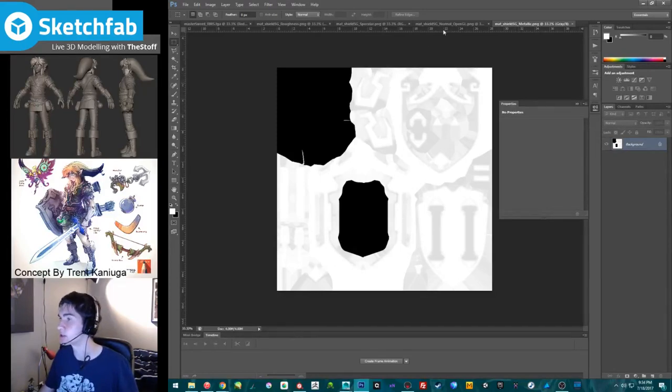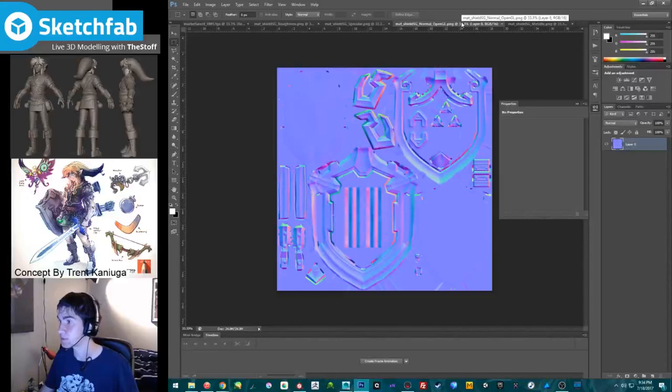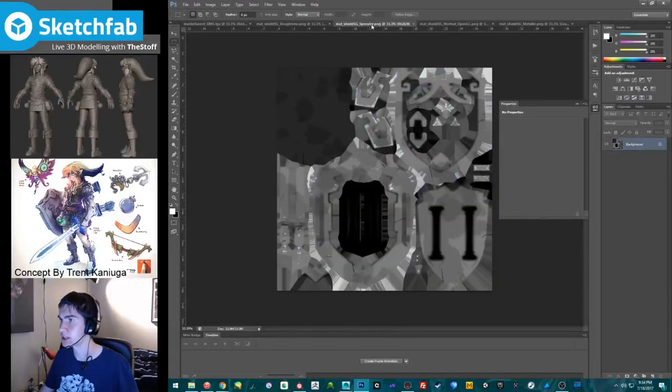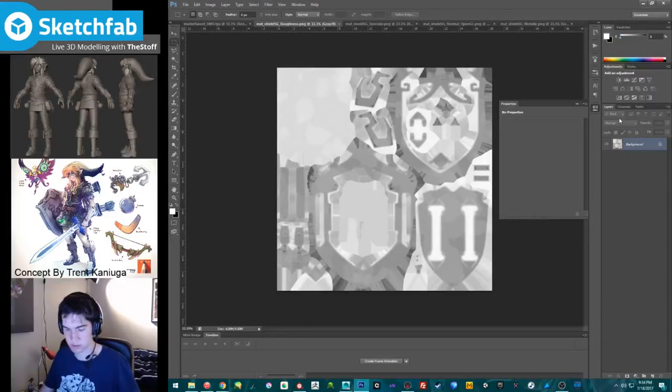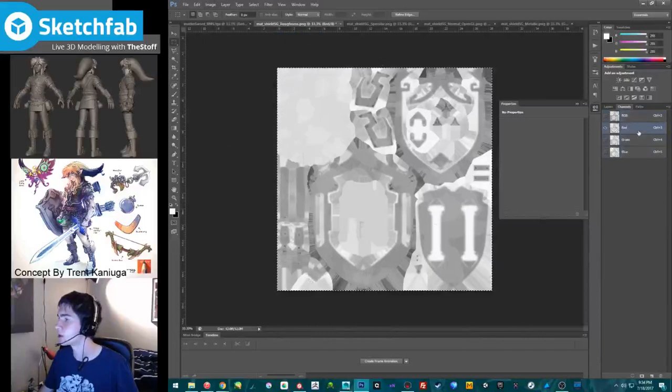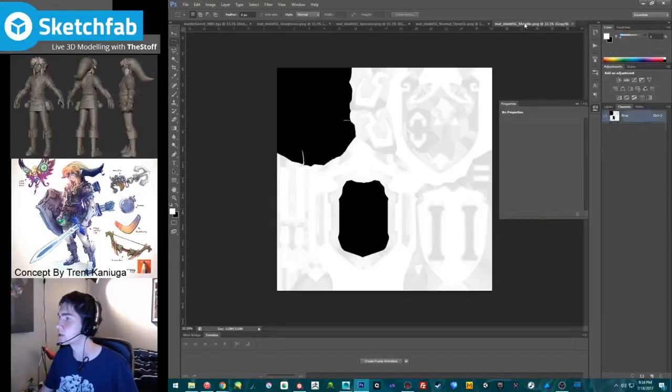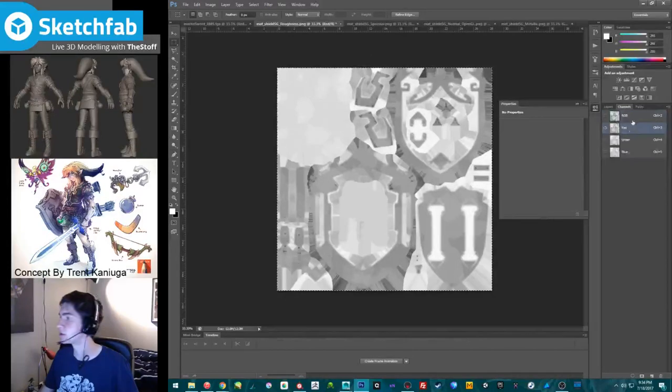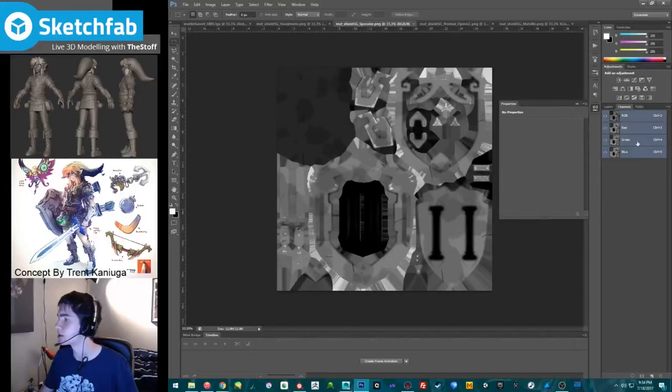This is metalness. Interesting. There's a lot of gray. Okay. And that's my normal map. That's gonna stay as it is. Specular. All right. So is RMS. Channels, image mode, RGB, paste, paste, and then specular.